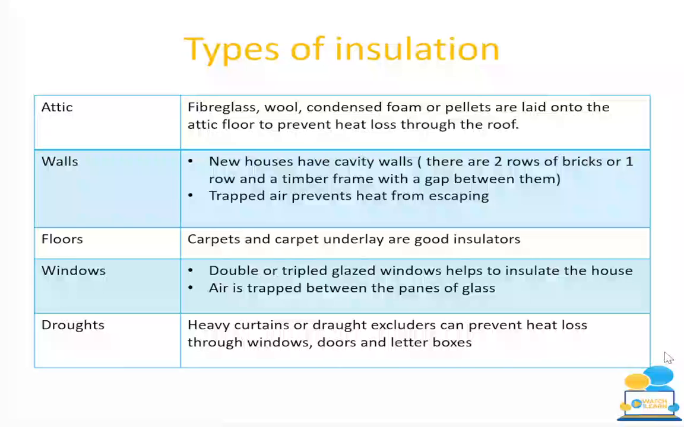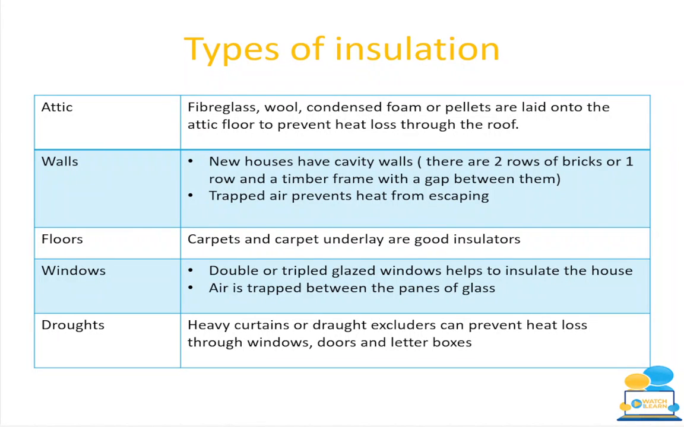Types of insulation, there are 5 different types which we look at at junior cycle home ec level. In the attic you can have fiberglass. This is wool which is basically squished or condensed into foam or pellets, and they're usually laid on the attic floor to prevent heat loss through the roof. Your walls,